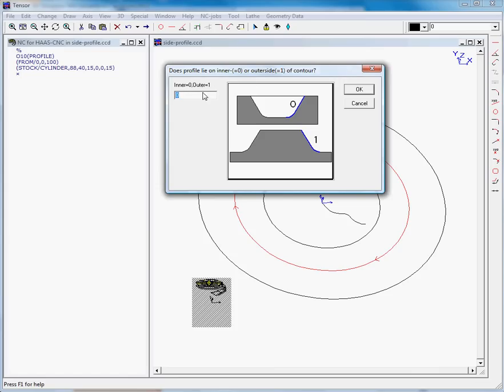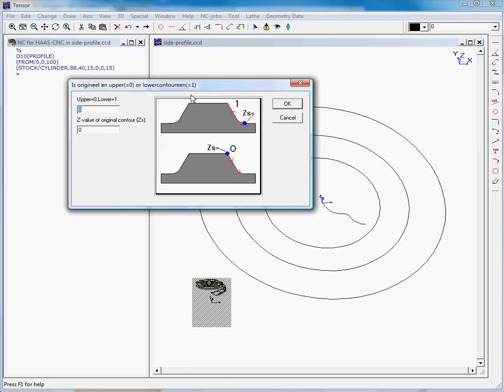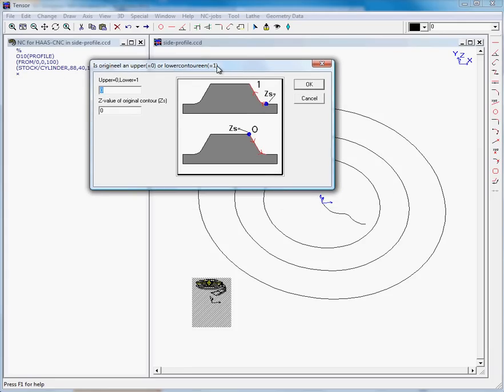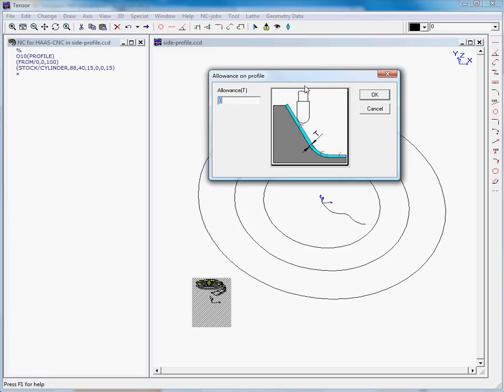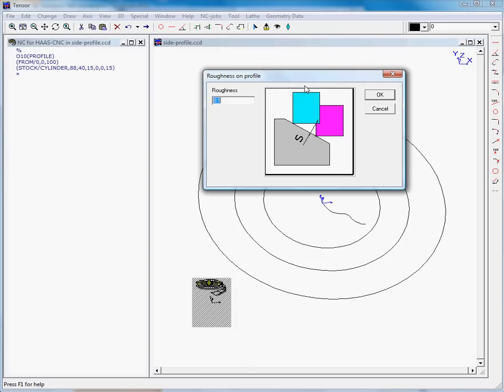Our side profile is on the outside, so we'll enter 1 outer, and our original profile is an upper contour, so it's 0, and it is on Z level 0. OK, and we'll machine from top to bottom instead of bottom to top, so we'll enter 0. The allowance at roughing is 0.5, and the roughness will be also 0.5,